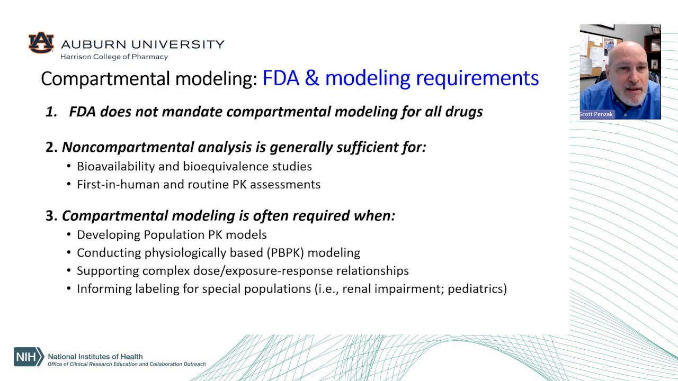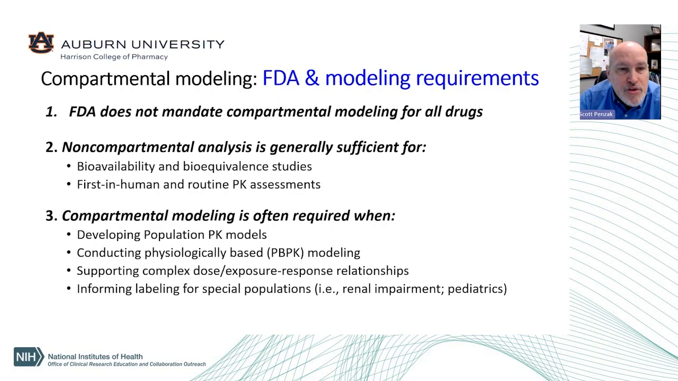So what about the FDA? What do they require if you have a brand new drug you're bringing to market, or you're doing a bioequivalence study, or you're doing a drug-drug interaction study? The FDA does not mandate compartmental modeling for all drugs. Non-compartmental analysis is generally sufficient for straightforward bioavailability and bioequivalence studies, and also first in human and just routine pharmacokinetic assessments. Maybe you're looking at the influence of a known inhibitor or a known inducer on the pharmacokinetics